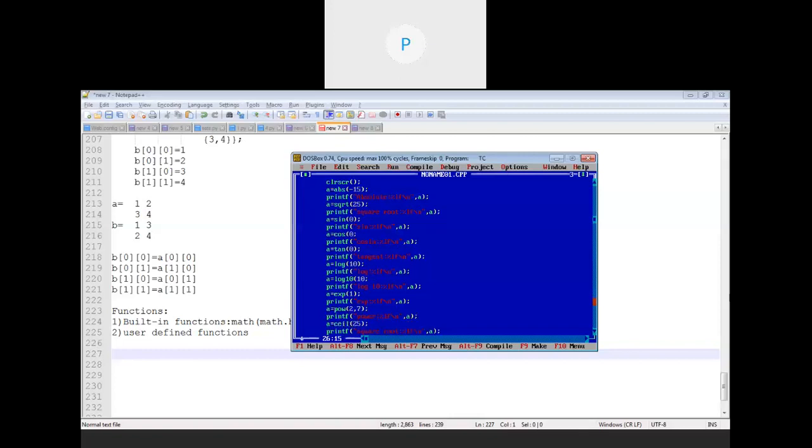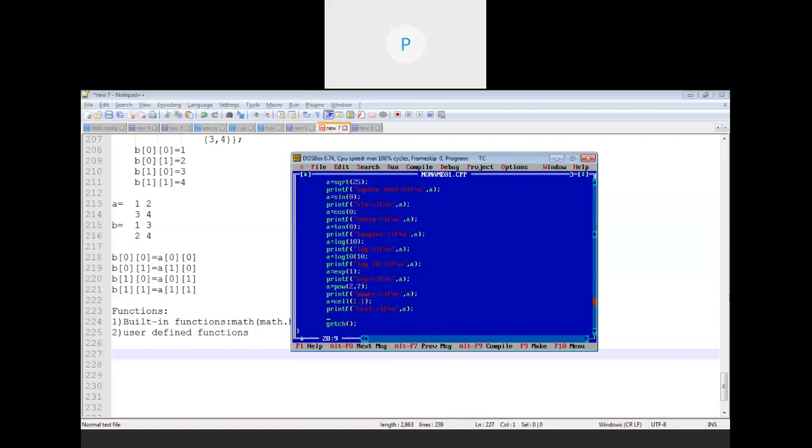Similarly, we have ceil and floor, these two functions which are used to round off the value. In case of ceil, or the ceiling function, it always rounds off the value to the nearest largest integer. Even if I give ceil 1.1, it will return the value after rounding off as 2. Even if I write 1.00001, it will still return 2.